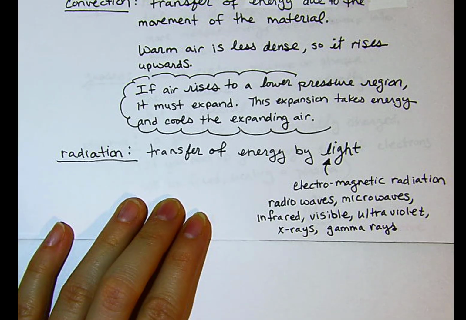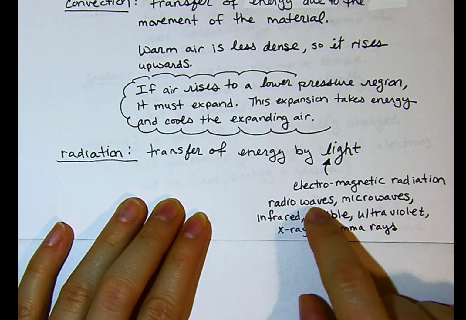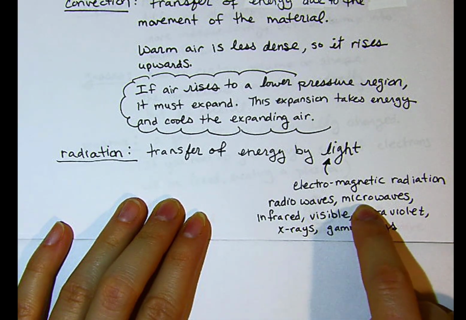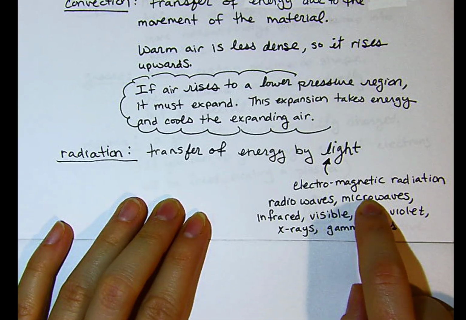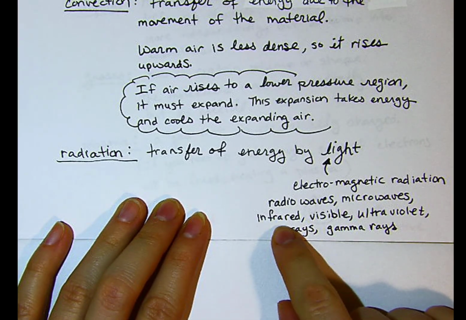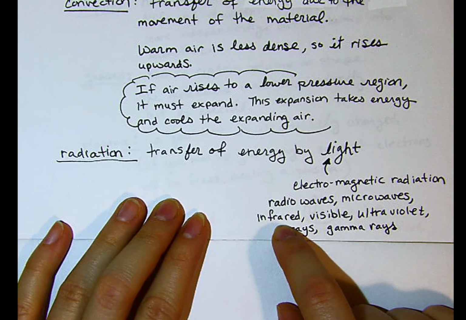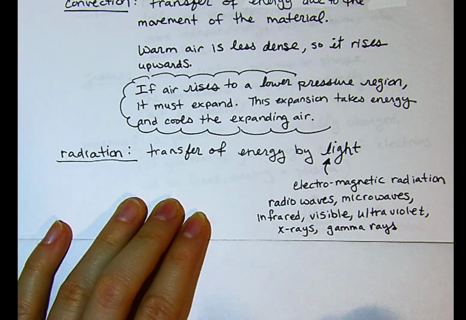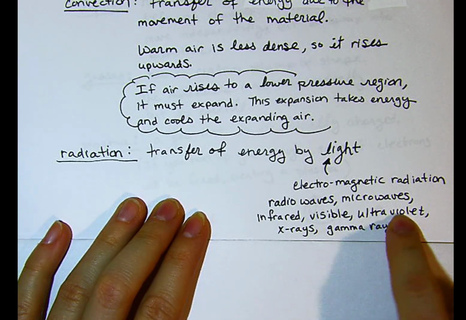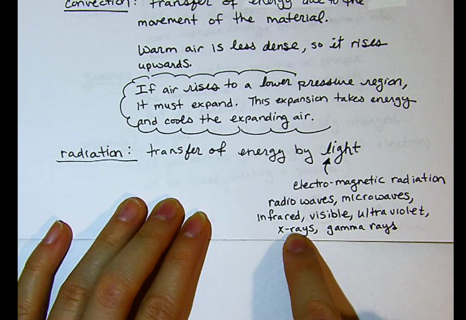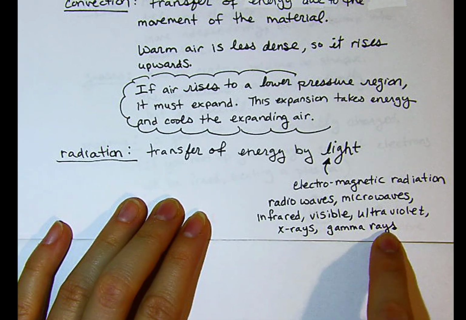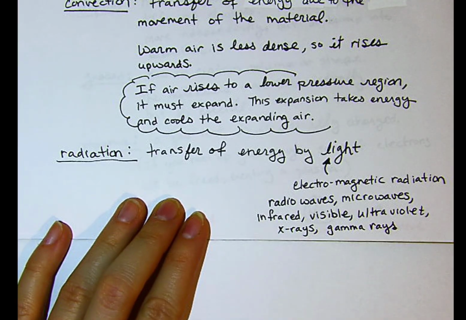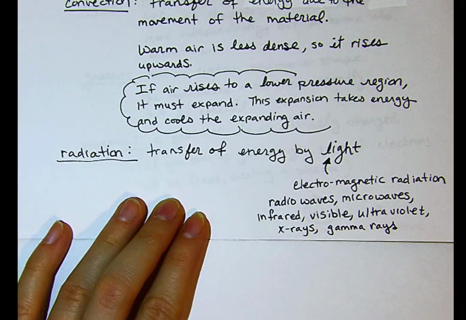And there's different energies of that light as well. Radio waves are low energy light. Microwaves are low energy light, but we found out that they're really good at heating up water. Infrared light, and so all of us are giving off infrared light right now, so I tend to think of myself as an infrared light bulb. Visible light, ultraviolet light, that can give us sunburns, X-rays, and gamma rays. And the ultraviolet, the X-rays, and the gamma rays are all strong enough to damage your DNA and possibly lead